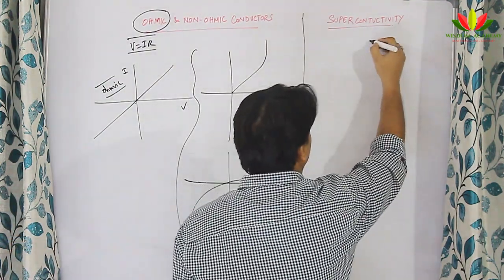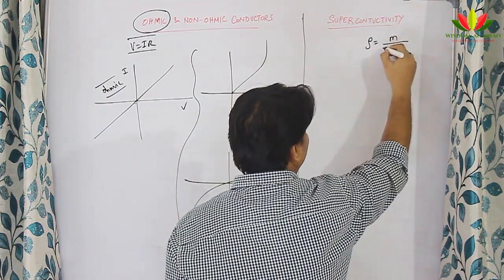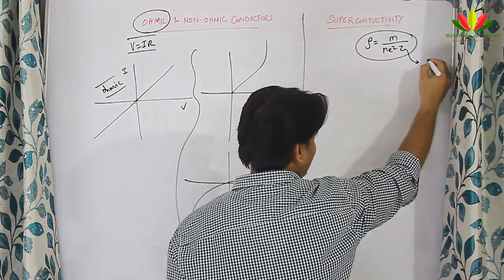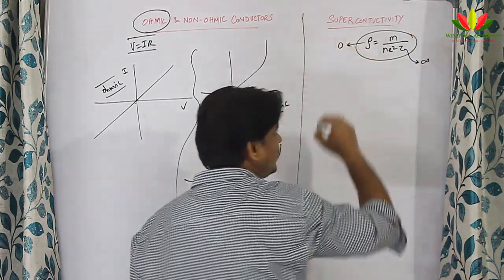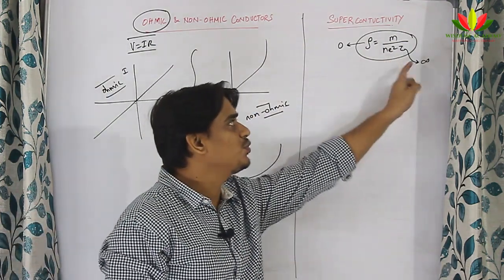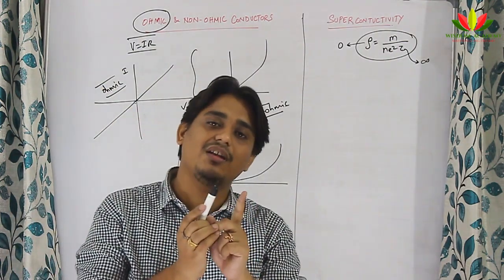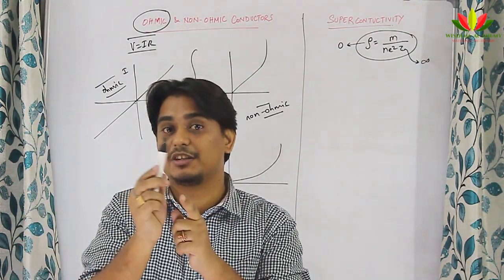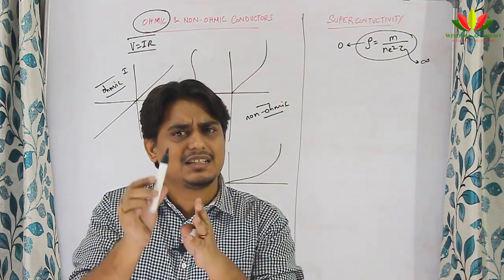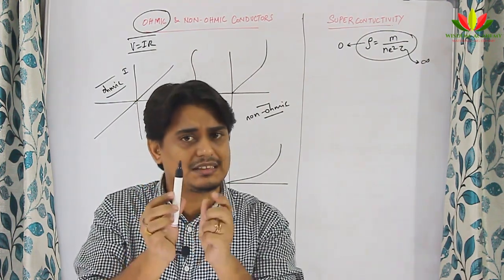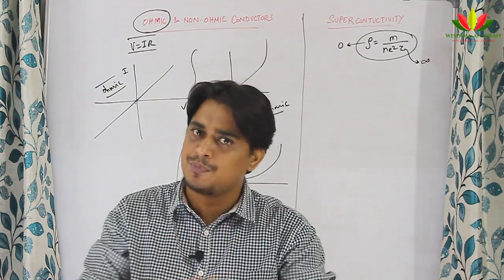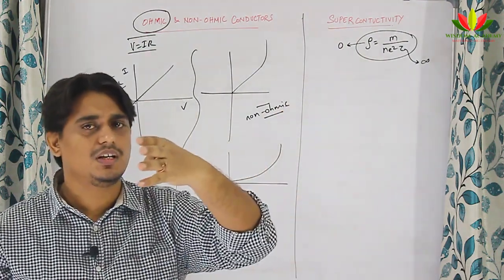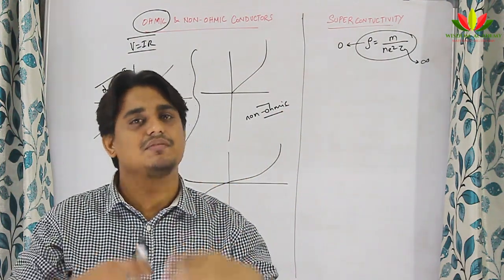We know that rho is equal to m by n e square tau. So, suppose tau tends towards infinity, then rho will tend towards 0, isn't it? So, how to make this tau infinite? That means it is not at all colliding. We know that at higher temperatures the particle vibration increases, so at very low temperatures the vibration will reduce, and when the vibration reduces, it is not allowing the two particles to even hit each other. So, at that kind of low temperatures the resistivity will become 0, and then its conductivity becomes very high.